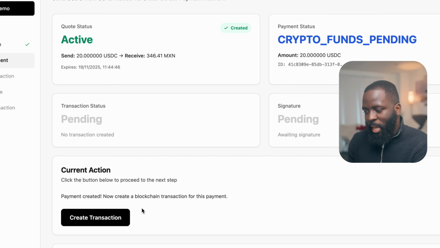So the next step is to create a transaction. But before I create the transaction, it's important that you know that in this step, creating a payment, the payment process enters a crypto funding pending status, indicating that the blockchain settlement has not yet occurred. And this is where the Permit2 authorization layer becomes really crucial. The reason for that is in the third step, where we're creating the transaction, the CPN V2's architecture